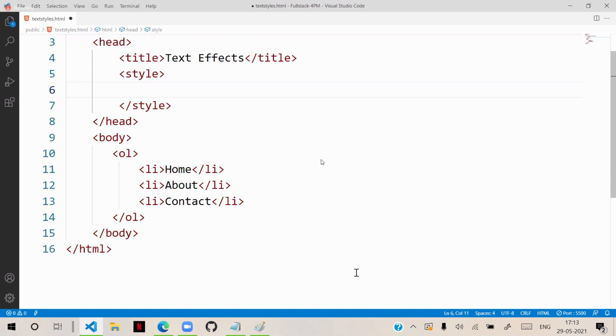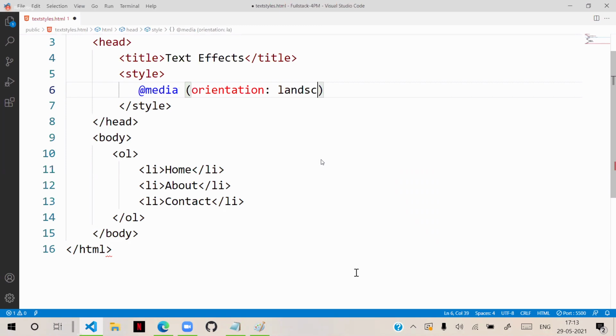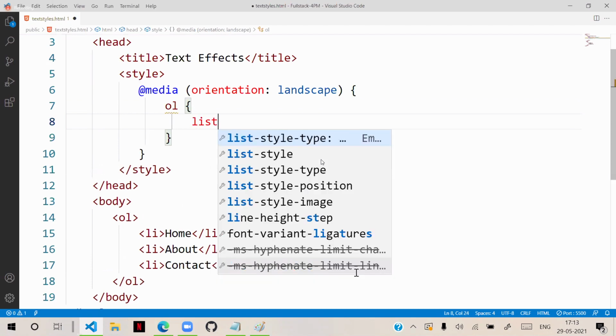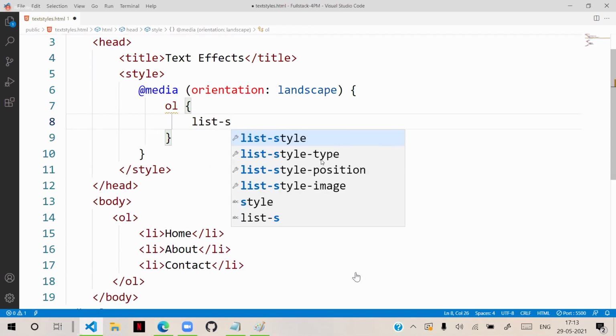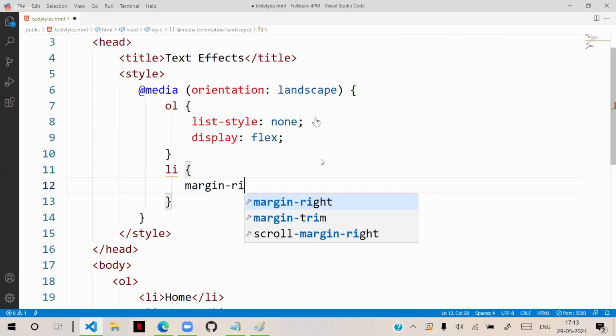You can use media orientation. If it is landscape, that means when the user is watching in landscape mode, then I will put here the ordered list, list style as none, and display, we will keep as flex, margin right as some 50 pixels.